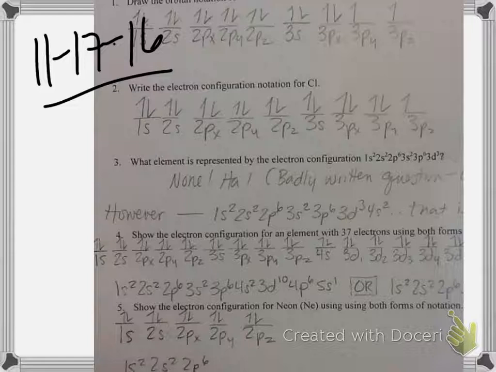Okay, show the electron configuration for an element with 37 electrons using both forms. What a pain in the tuchus that turns out to be. Here's the place where people had problems. If they were not drawing the subshell filling diagram correctly, then they don't get the order correct on this, because this gets you into the territory where you have things skipping. So you should be ending with a 5s1,